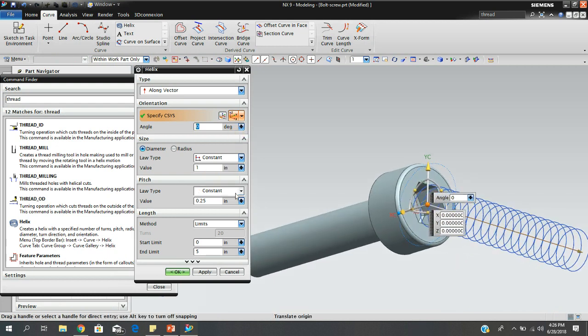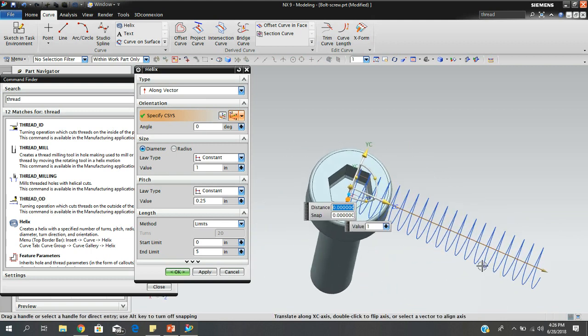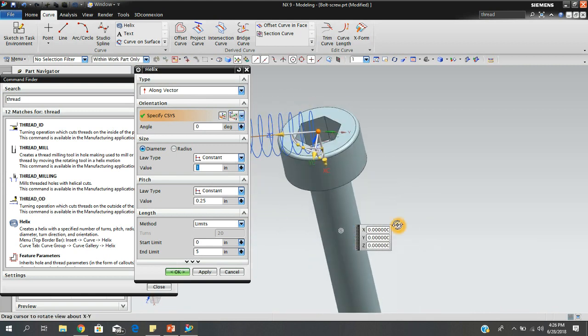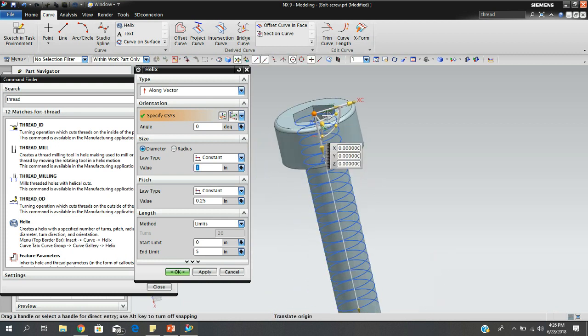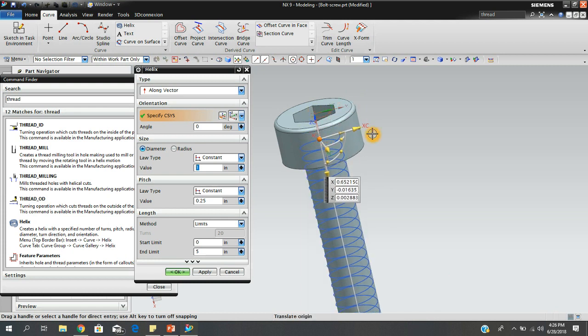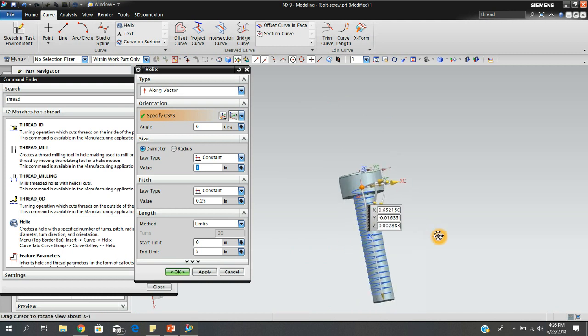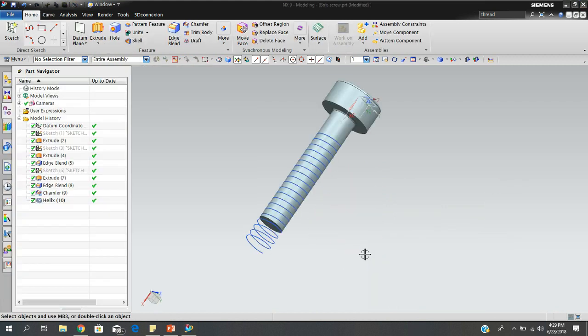And this part is a little bit complicated, because I don't want that vector, I want this vector. But the specifications of it really mess it up. So let me see how I can do this. There we go. I think there's a better way to identify how to do a helix, but I think that's good enough. Select a little bit closer. That's a pretty good helix. So we have done our helix,